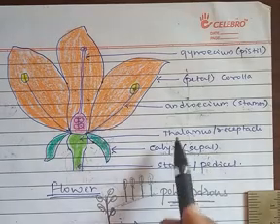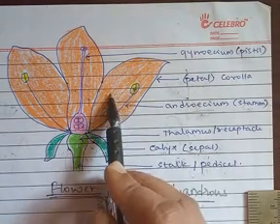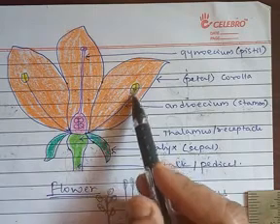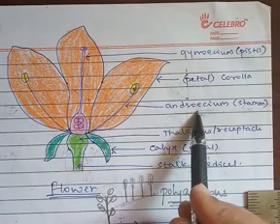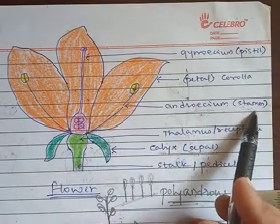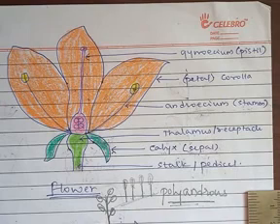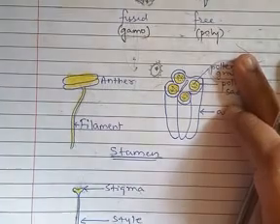So that is regarding the petals or the corolla. Next one is the androecium, which is called the male reproductive part of the flower. Each member of the androecium is called a stamen, right? The number of stamens depends upon the flower. In some flowers it may be less, and in some flowers it may be large in number. Okay, so let us study about the stamen over here.